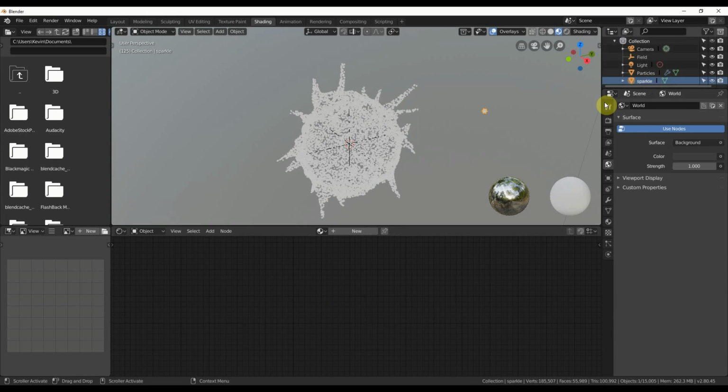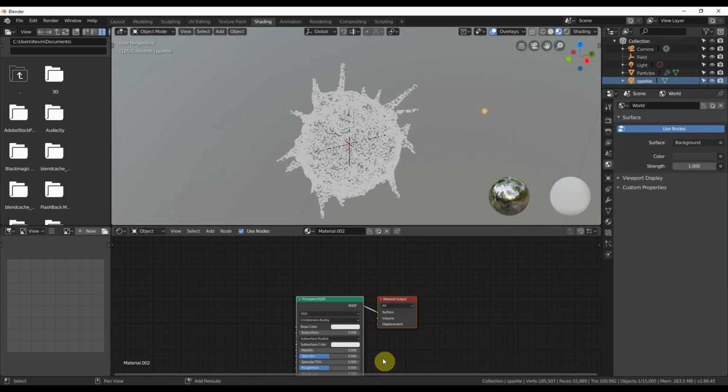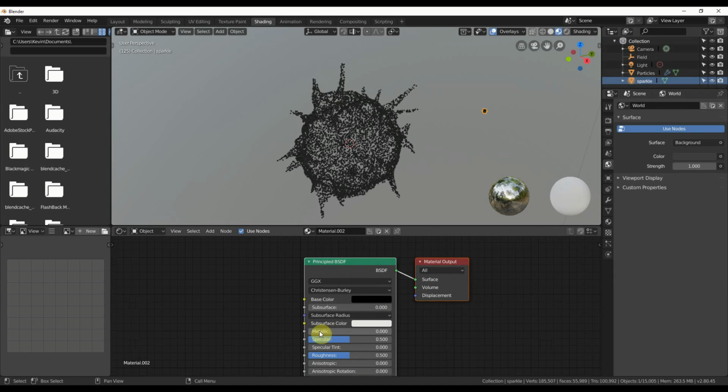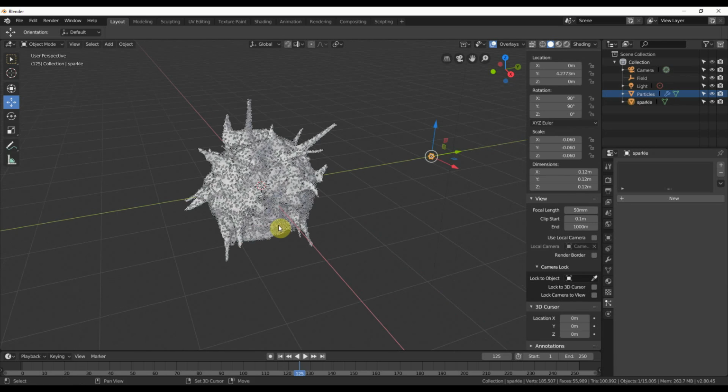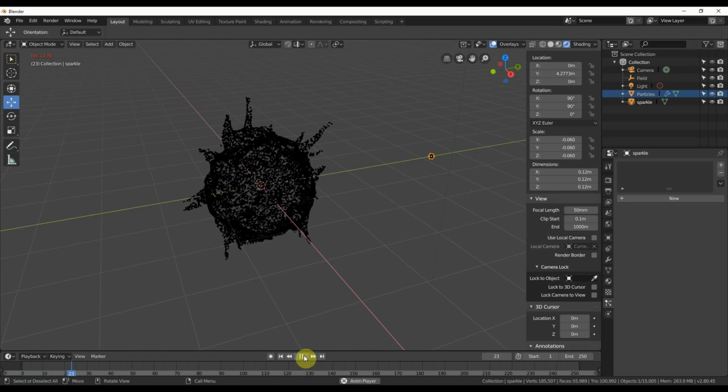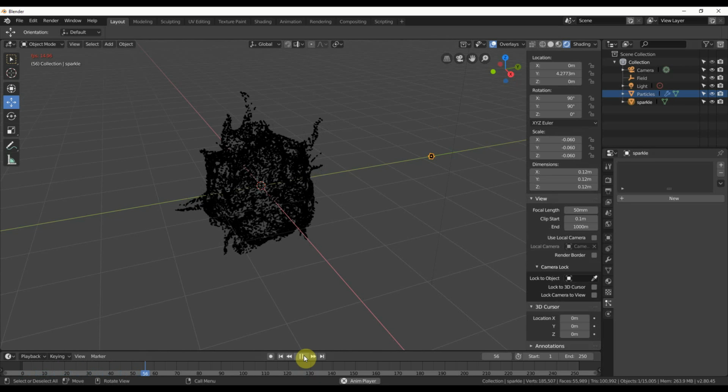Okay, so I'm going to go to sparkle here. I'm going to hit new. And I'm just going to make this base color black. And I'm going to give this metallic of 1 and a roughness pretty low for now. And you see here that we're now going to get this object kind of doing what we want. So if I go back here to layout and I go to shading, the shaded view here for EEVEE, and I hit play, you can see that we start getting this really cool effect happening,